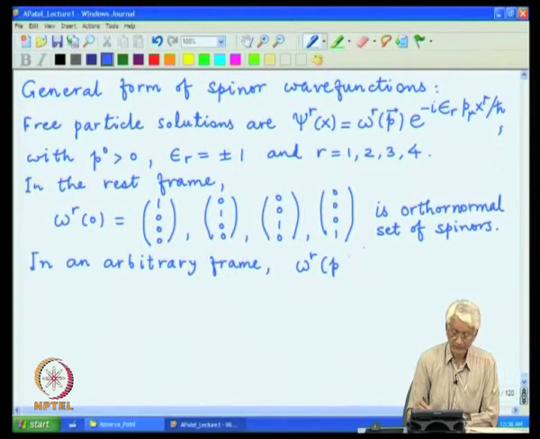So, it does not matter whether you specify only the 3 momentum or 4 momentum, they are equivalent,